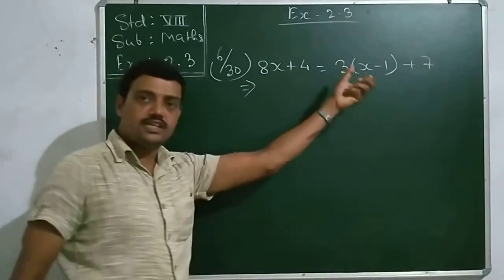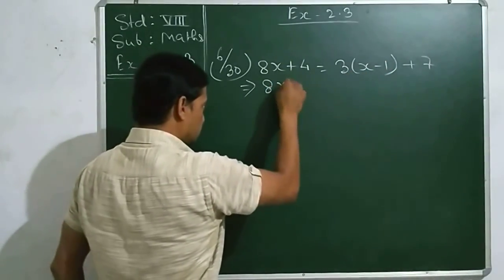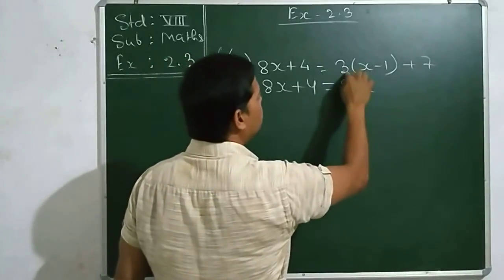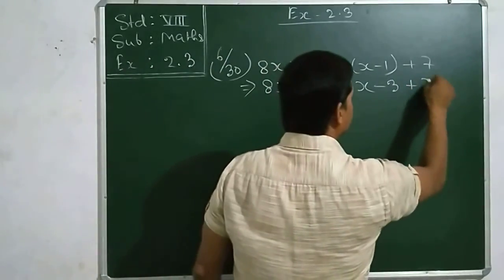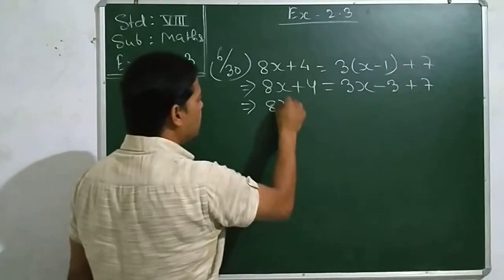Before transposing the terms, we need to remove this bracket. 8x plus 4 equal to 3 into x is 3x and 3 into minus 1 is minus 3 plus 7. Now in the next step you can transpose it as 8x